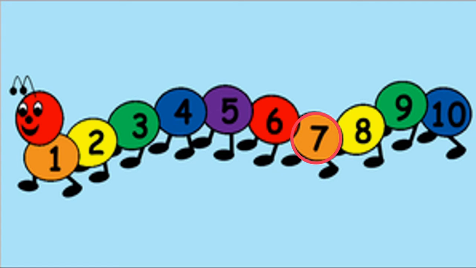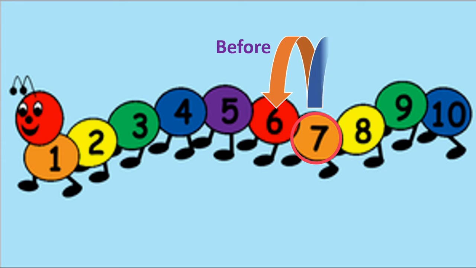7. See, yes, 6 is to the left of 7, that is nothing but the neighbor of 7, and this is before number, right? And here you can see number 8, which is also the neighbor of 7, but that is after number. Got this, children? I hope you understood about the meaning of before, after and in between, isn't it?